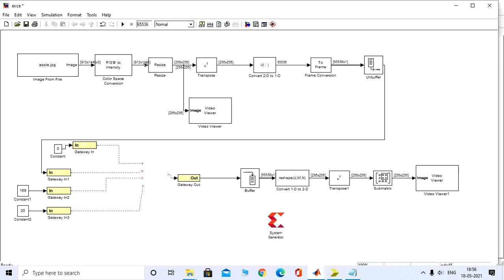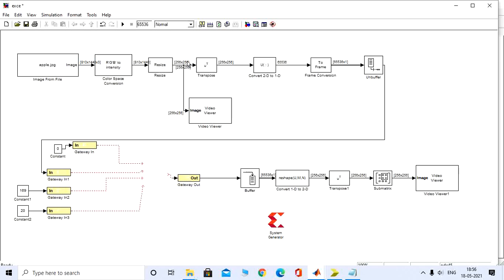Now, since we have designed our moving window architecture keeping in mind to process a 256 cross 256 image, but here we have 810 cross 1440, we don't want this, so we need to resize the image to 256 cross 256. Hence this block.